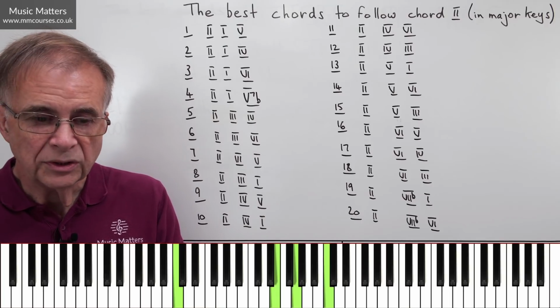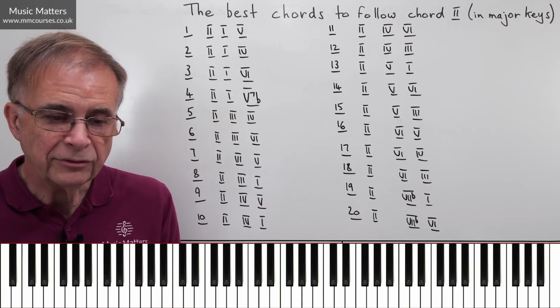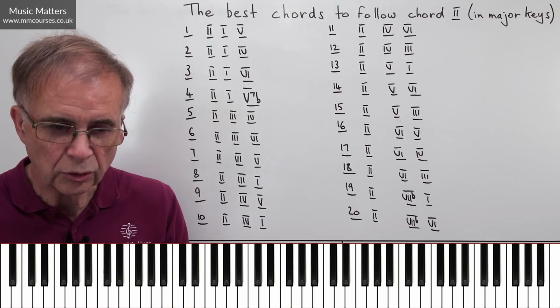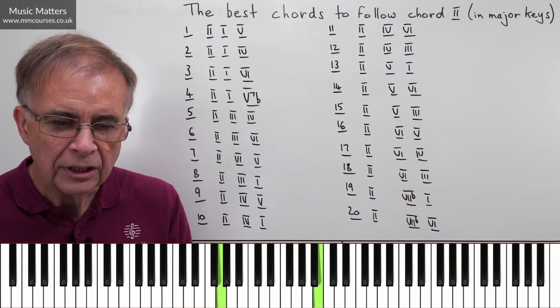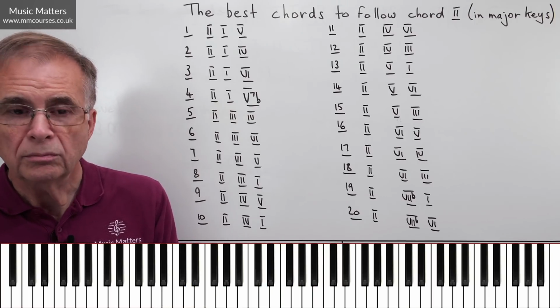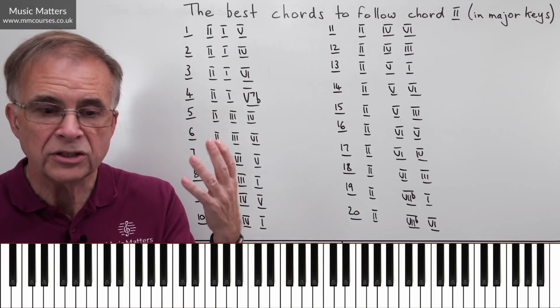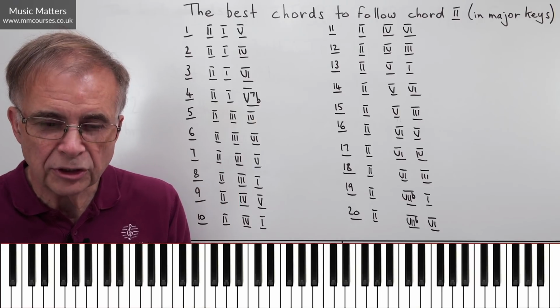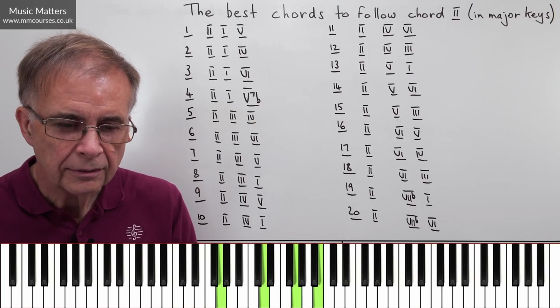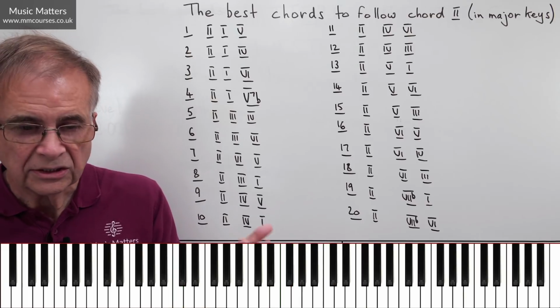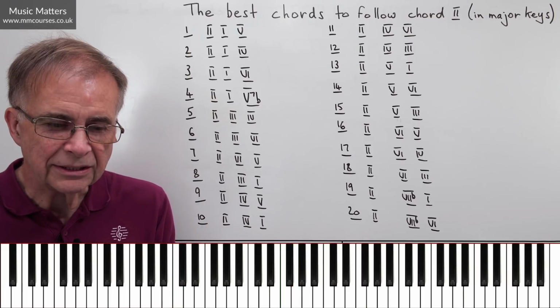Lots of cadences will do that. So you have a 5-1 cadence with 2 as an approach chord. 2, 5, 1. That 2 might be a 2B, or what some people would call a 2-6, a 2 in first inversion. So that's another strongly used possibility.